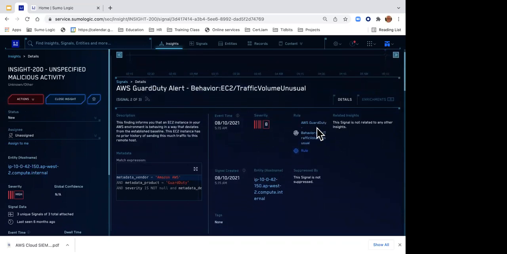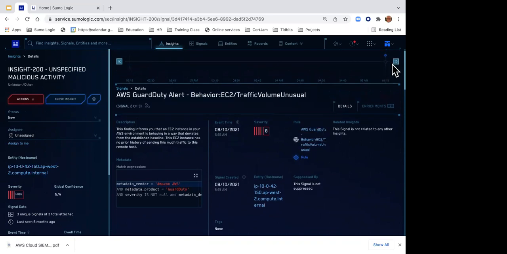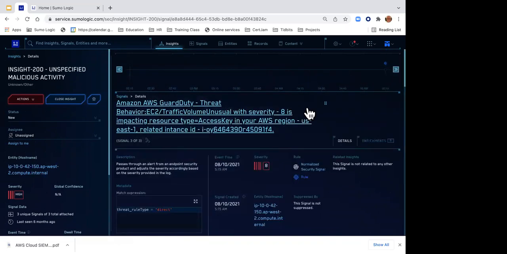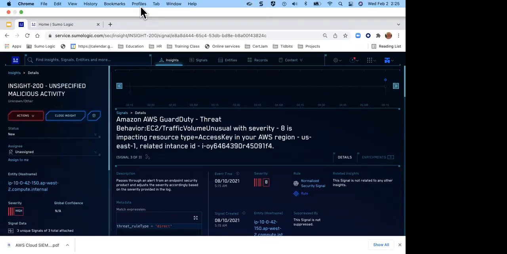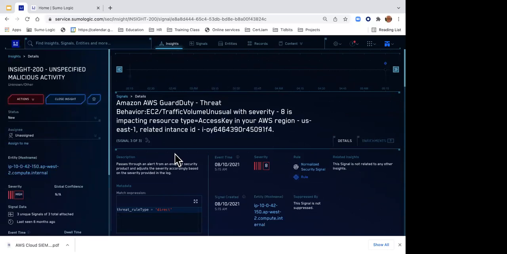And in the third signal, it looks like they're trying to get access to your access key in your region, which I would imagine they're trying to maybe pull user login information, or take over that access key. And then when other people try to pull keys for authorization, maybe they subvert it, take control of that, and then store the credential information maybe.